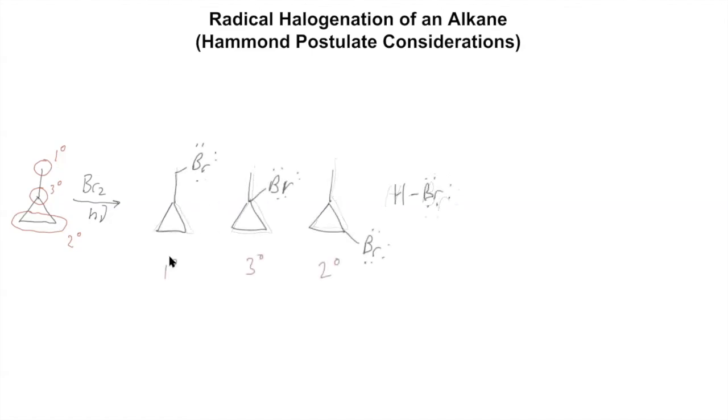What you can do to help you determine what products you're going to get is think of it in terms of carbon NMR and circle your groups of carbons. This methyl is unique, that tertiary carbon's unique, and these two secondary carbons are the same, right? So I could see 3 different regions the molecule will react, or what we say is we can get 3 different regio products. So I'm going to draw the alkane again, exactly as it started, and then add on the bromines. That's the primary, tertiary, secondary. Nice, right?